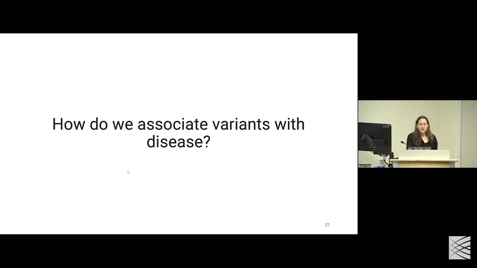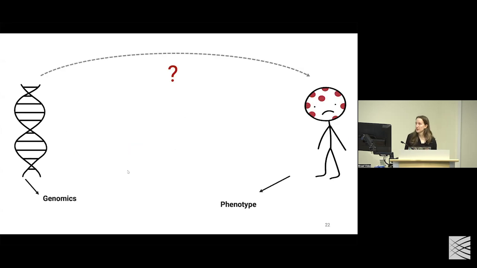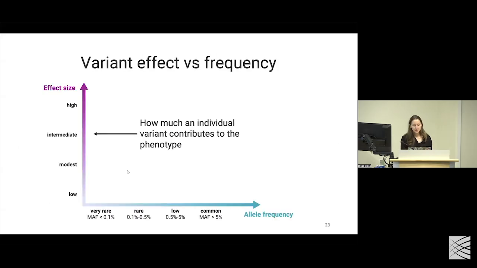So how do we associate these variants with diseases? Because remember, that's our big question. That's what we want to know. We can describe these variants in many ways, but we're really concerned about this question. You can tell me all the ways you want to describe a variant. I don't care. I want to know, how does the variant cause the disease? So the bulk of